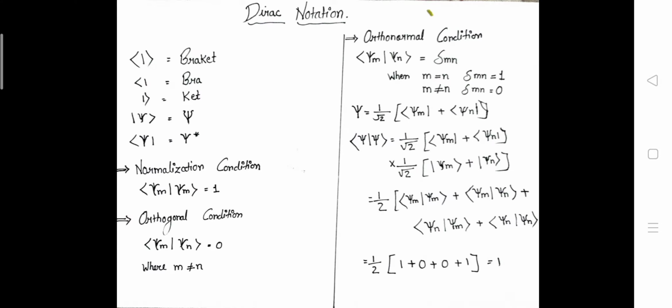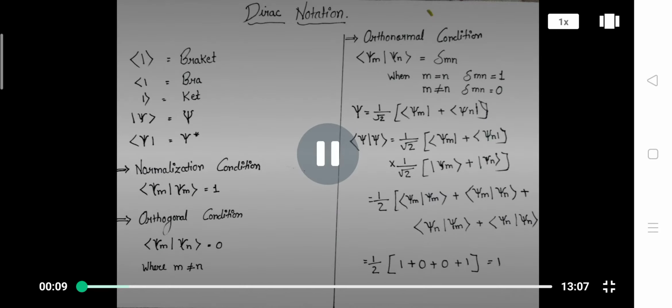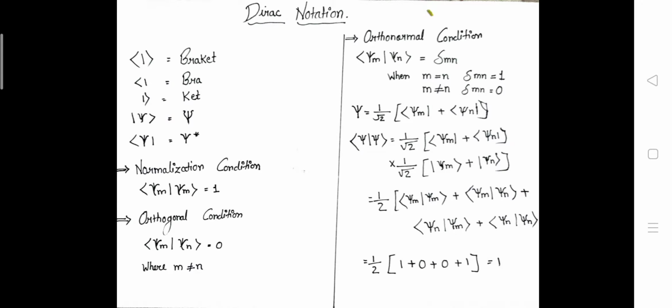Welcome back to the fifth lecture on the infinite square well potential. In this lecture we are going to solve some problems related to the infinite square well potential. But before we start, we need to understand Dirac notation. In Dirac notation we will learn about different operators which can be operated on the wave function.